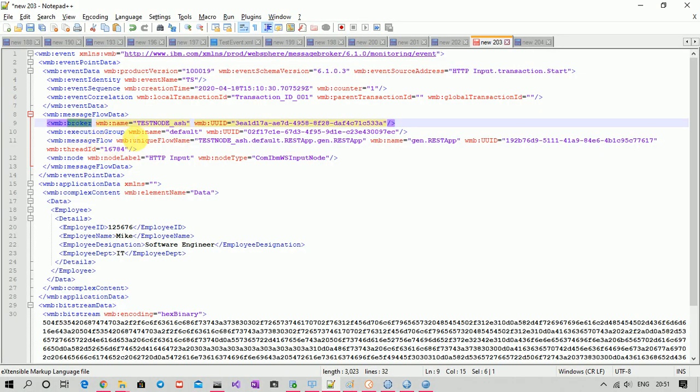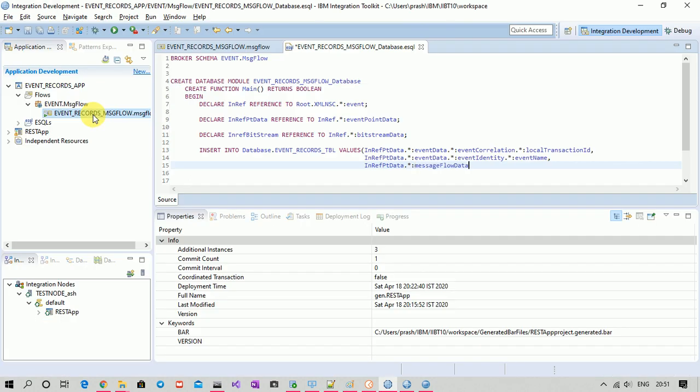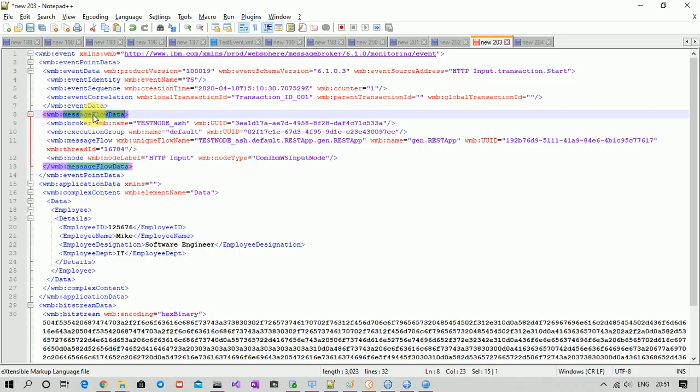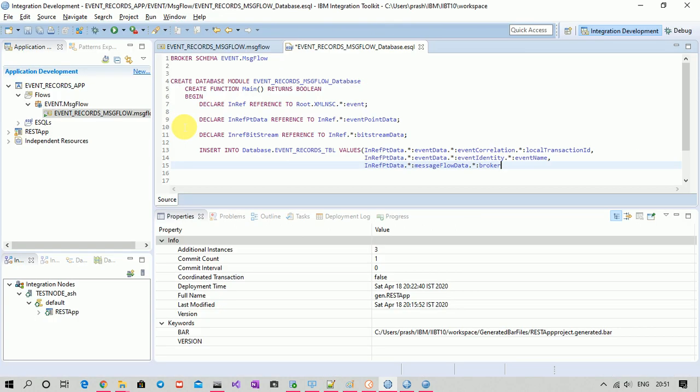Where is this message flow data? Yeah, message flow data. Under that we'll have broker, and under that we have name.